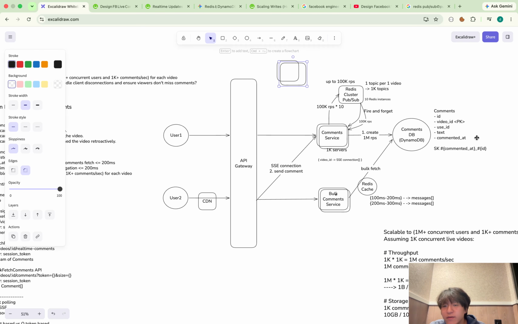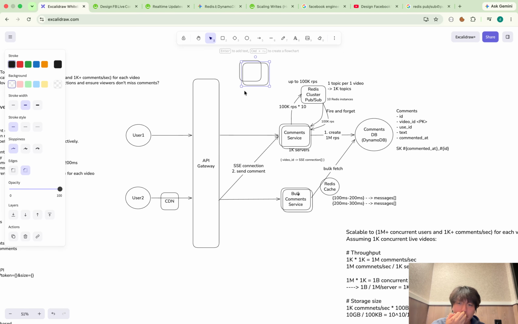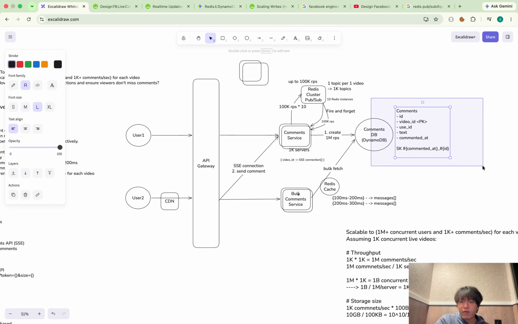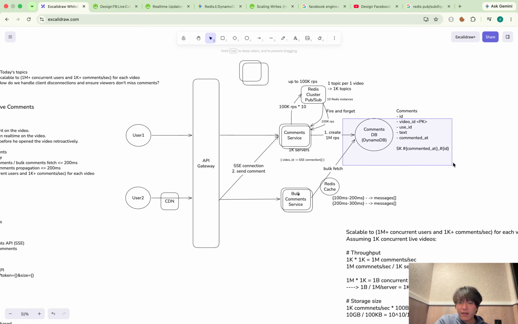For comment DB, this is a kind of problem. So I think what I can do is, instead, I will use the PubSub. But before talking about that, I'd like to mention one thing which helps the scaling discussion.